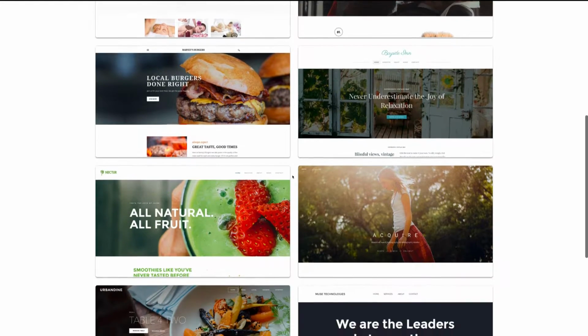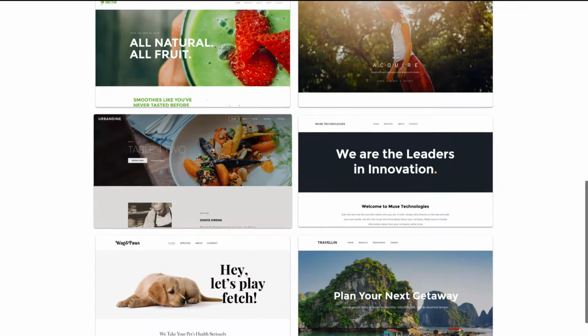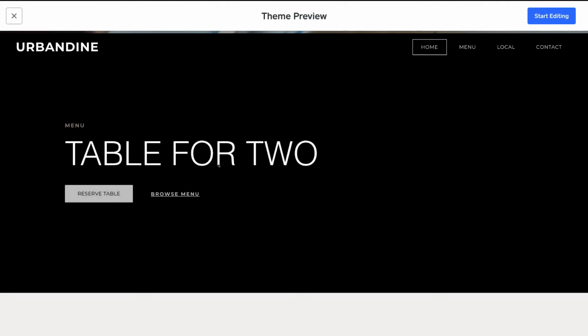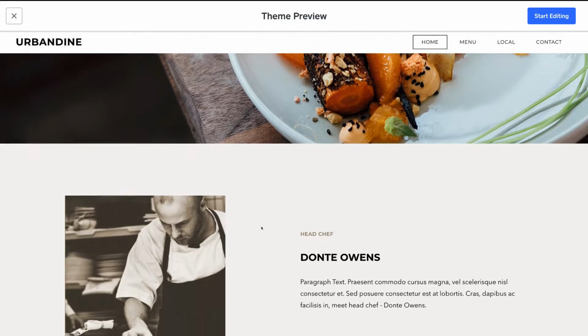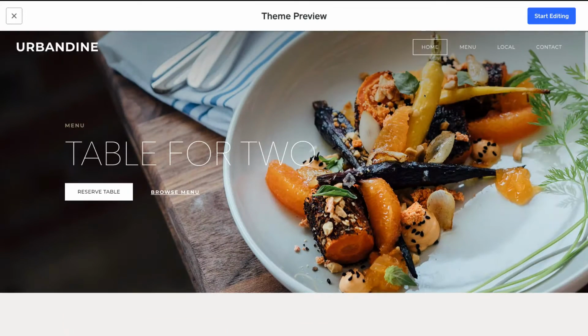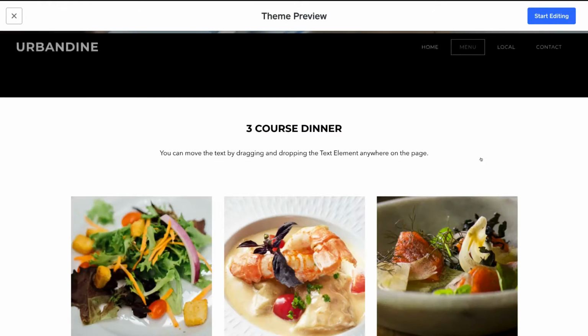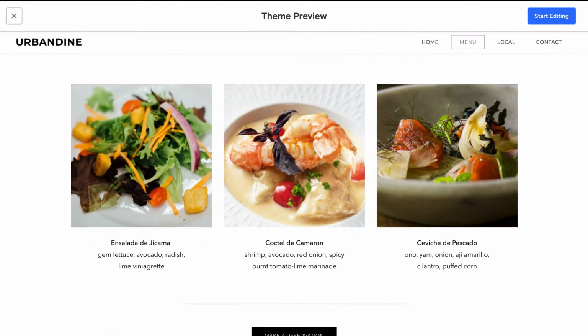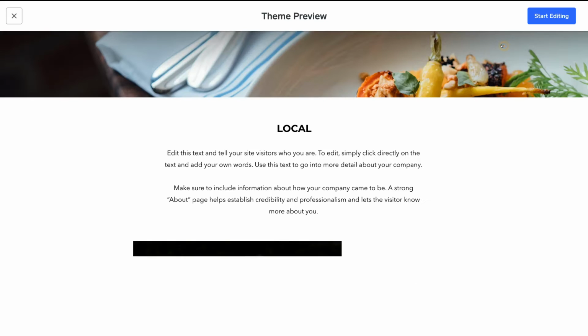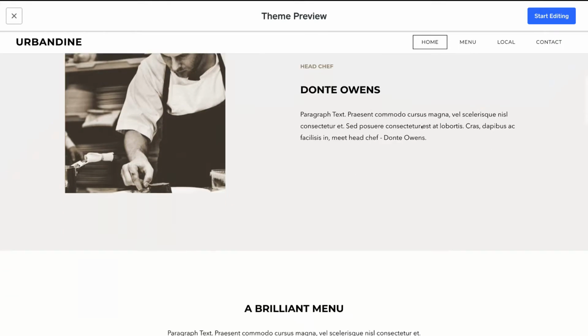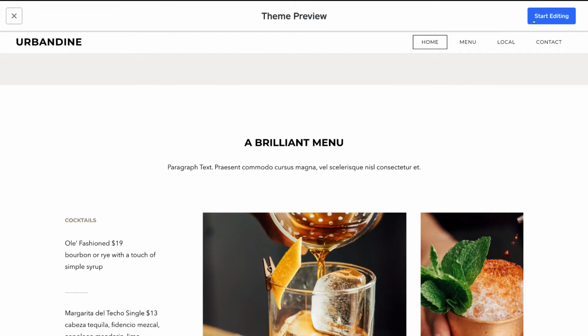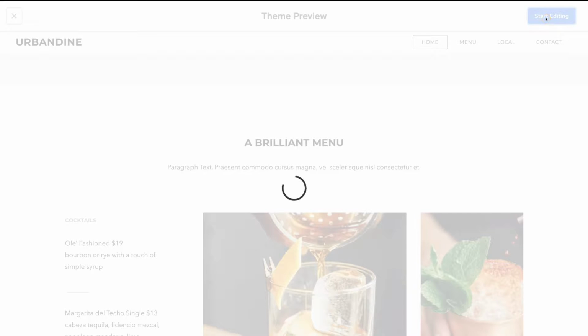So for us, we're going to come down here and have a look at this theme here. So select on the theme and then you'll see the theme preview. And then all you need to do is navigate through the theme that you've just selected and make sure that it looks just like a theme that you want to build your website from. So I could select local. I like the look of this theme, so I'm going to navigate over to start editing and start editing my